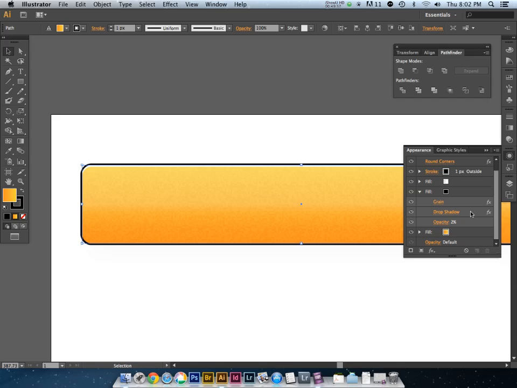Whenever you start seeing funky stuff in your artwork, if you ever start seeing funky things like that, check your artwork in the appearance panel, right? Because I'm like, wait a minute, why was that drop shadow so big? Well, it was applying a drop shadow to a drop shadow. Okay? And look, this drop shadow here, the first one I did, was applied to that film grain layer that